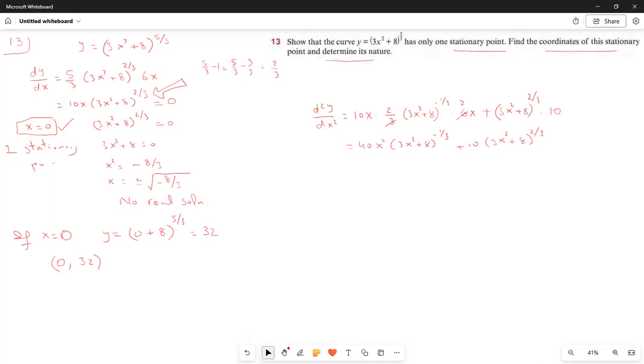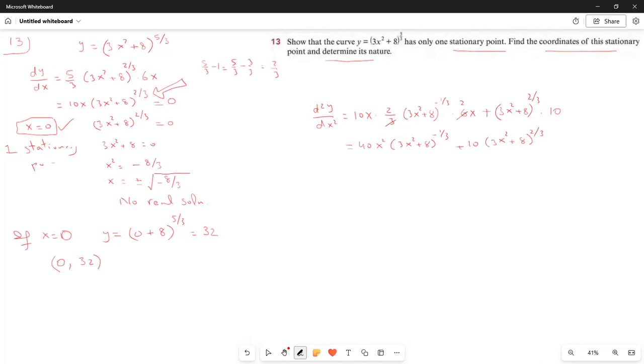We can simplify this a little bit. If I multiply this whole expression by (3x squared plus 8) to the power 1 by 3,